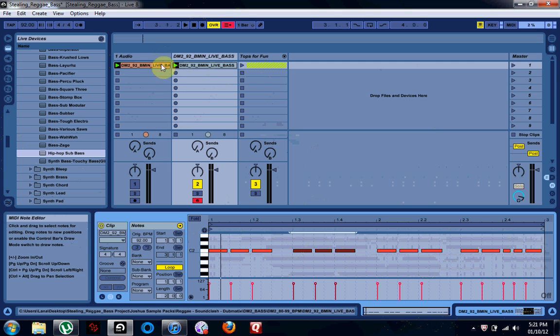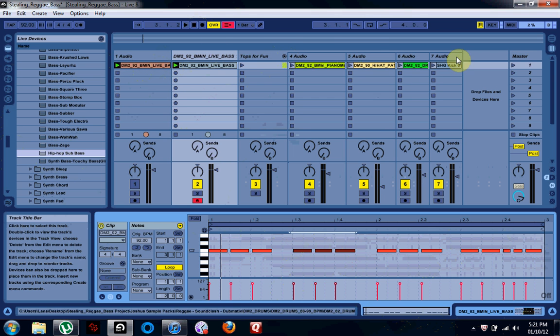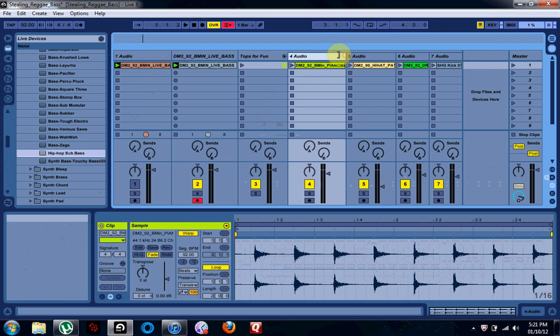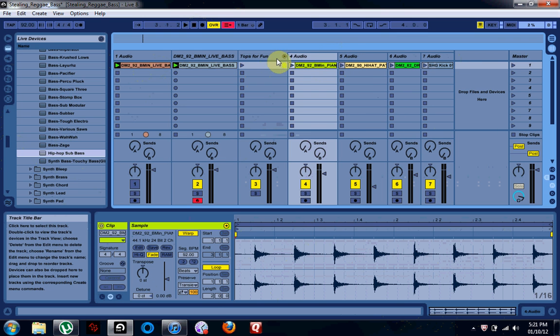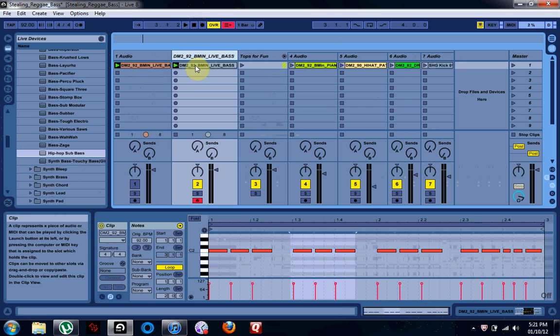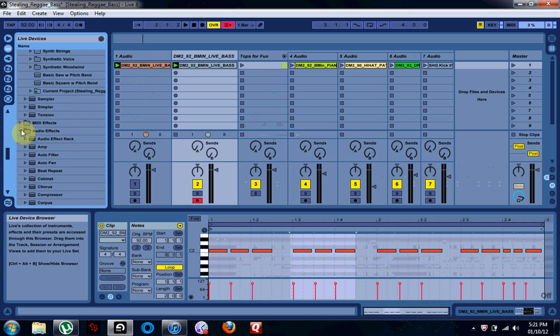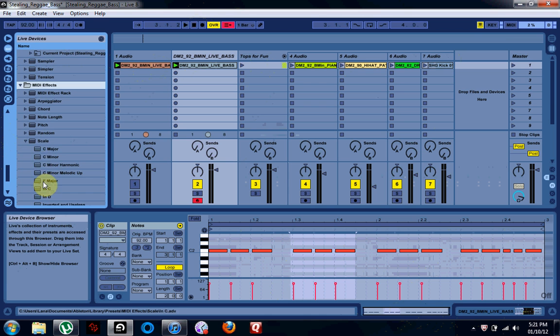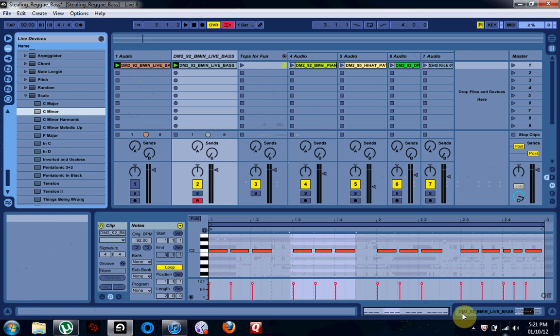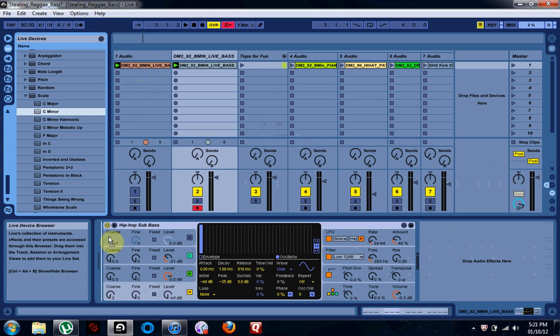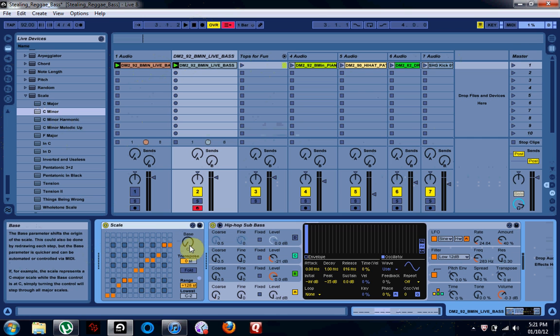Now, the original's in B minor, and I've got some other samples over here, and the piano guitar hit here is in B minor as well. So I want my new one to be in B minor, and there's this cool effect for MIDI called scale, and if you come down here and click down scale and come to C minor, come back here and drop this in front of your VSTi, and then this is going to make sure you always play in the correct